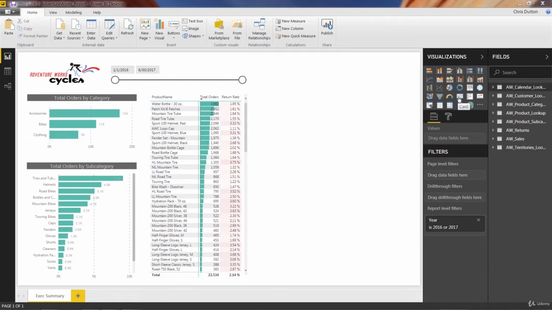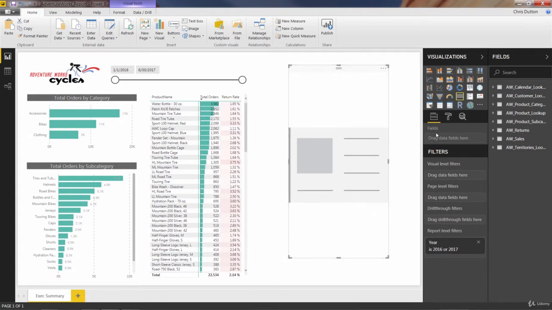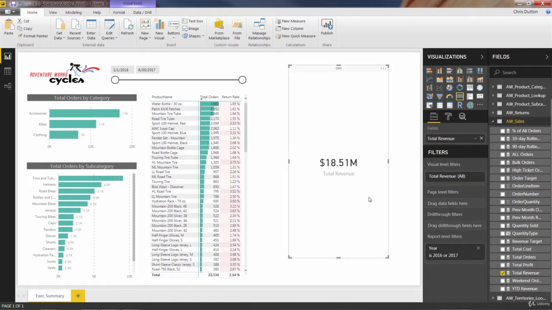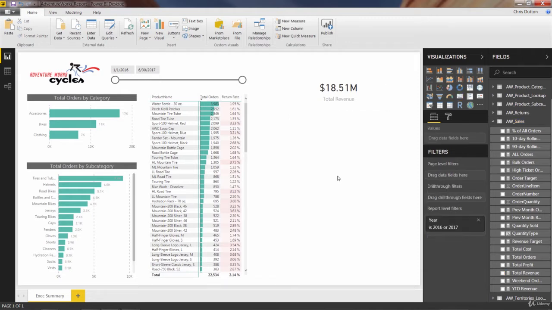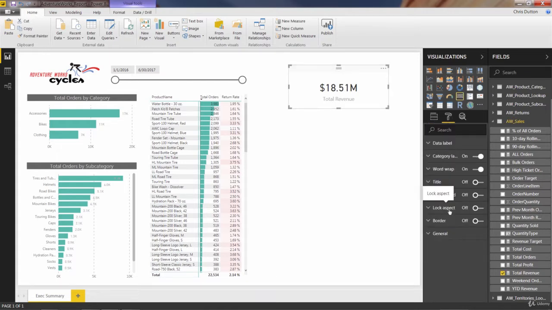And let's start with our basic card. It's a very simple object, requires one field input. Okay, so let's go into sales. And if our focus right now is on revenue, let's go ahead and bring revenue into the fields box. And there you go. You have literally just created a card. That's it. One step and you're done. There aren't even really many formatting options for cards as well. You can give it a little background, change the font, but for all intents and purposes, that's it